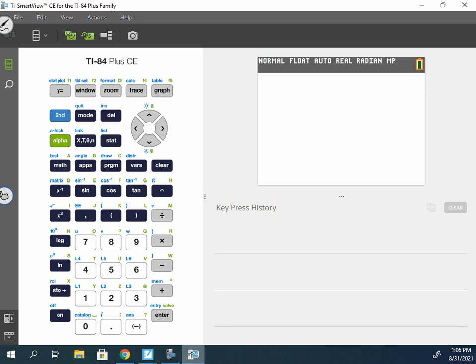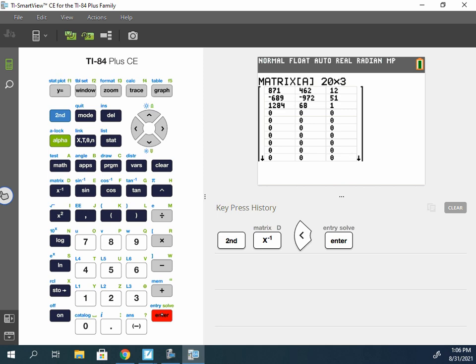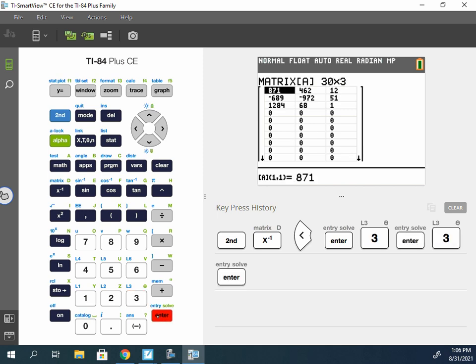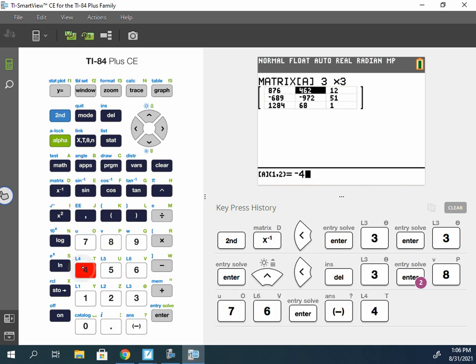Yes. Because we plugged them into the calculator using what? They were a certain type. We set them up as what specifically? A matrix. So really what we have is that I can go second matrix and over to edit and tell it that it is a 3 by 3 matrix. So I can go in there and say 876, negative 462,